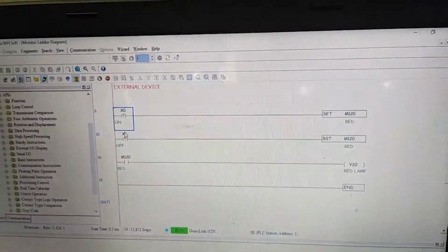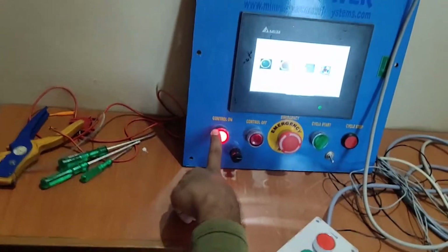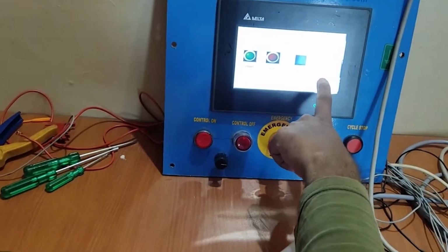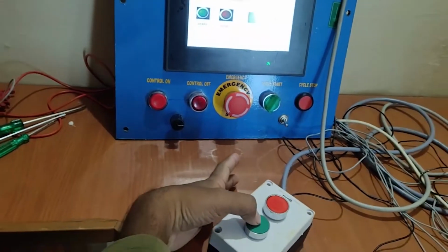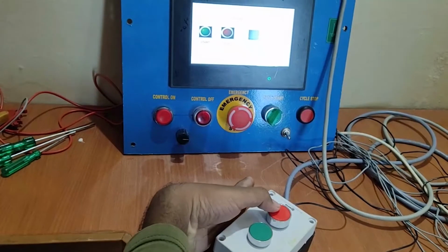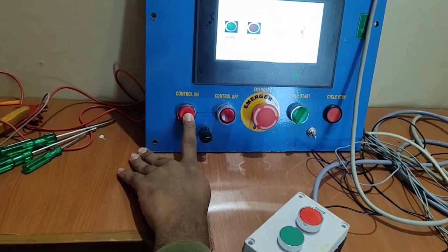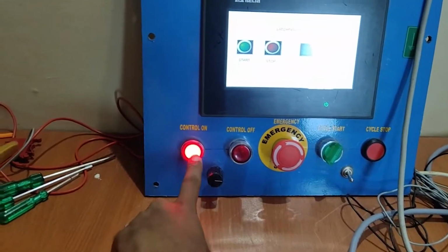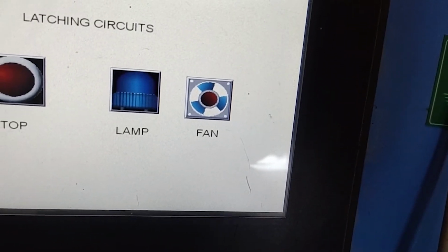When X0 is on, X1 is on. After that, you can see here the X1 conditions. If I give the start button, the output will indicate, as well as the fan being in off condition. When it starts, the fan will automatically turn off and the light will also turn off. This is for the set reset conditions. I am using this input for setting M120. This red switch is for resetting the M120. So whenever the M120 is on, the output is on also. This indicator will glow like that. The indication about the fan is on. When you switch off, it will change. When you switch on again, it will change.